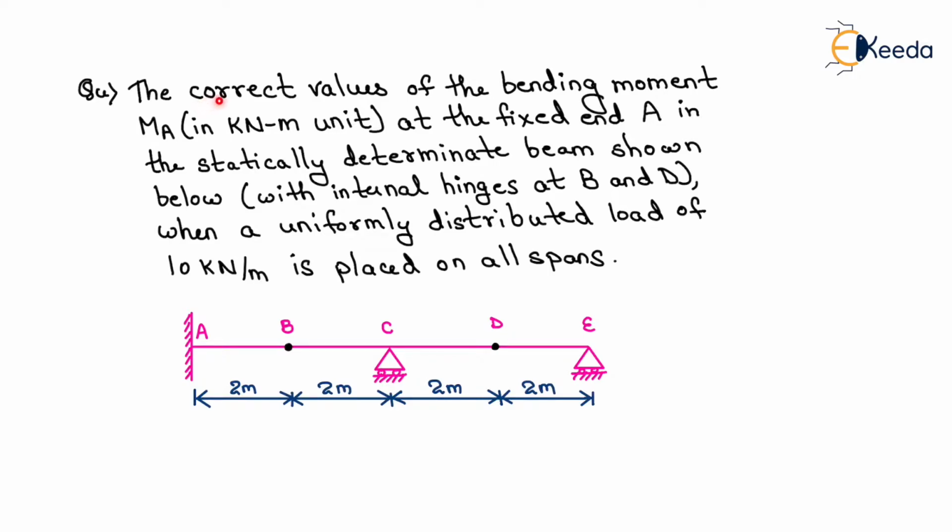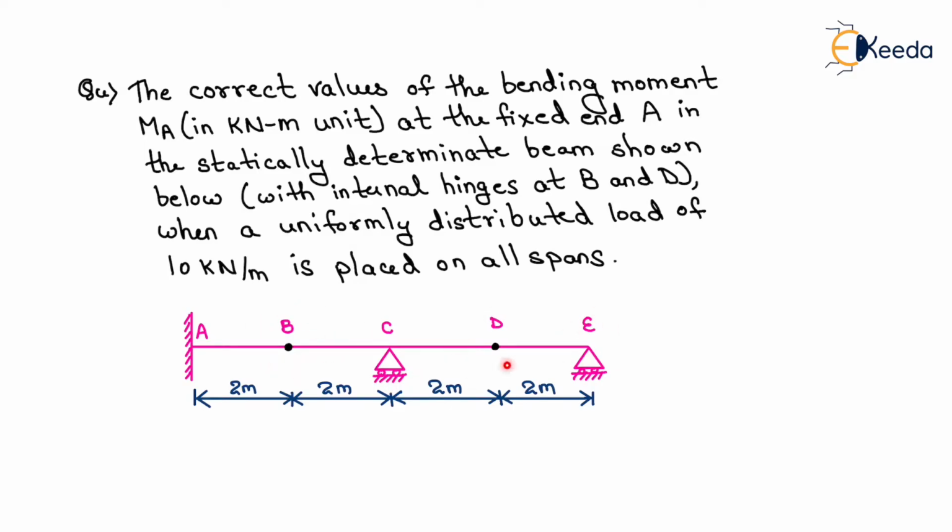Question is written as the correct values of the bending moment MA in kilonewton meter at the fixed end A in the statically determinate beam shown below with internal hinges at B and D when a uniformly distributed load of 10 kN per meter is placed on all spans. It means that we need to find the moment at A when 10 kN per meter UDL is placed on all spans. The beam is having fixed support at A, roller support at C and E, and having internal hinges